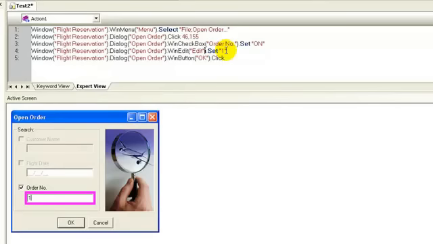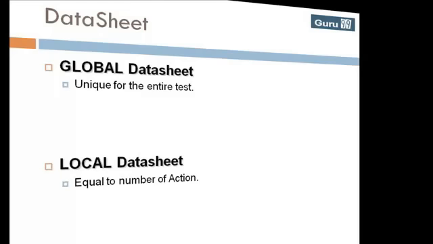For parameterization, there are 2 sheets available: global data sheet, local data sheet. Global data sheet is unique for the entire test. Local data sheet is equal to number of actions present in the test.